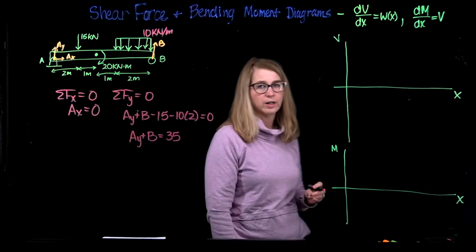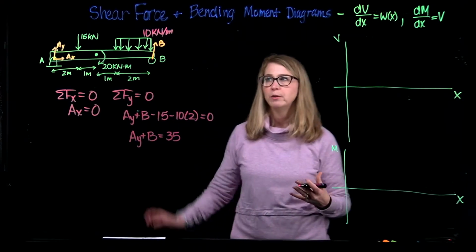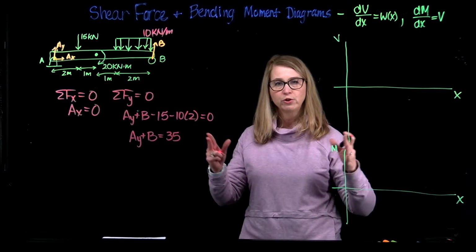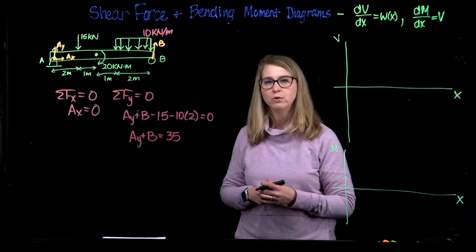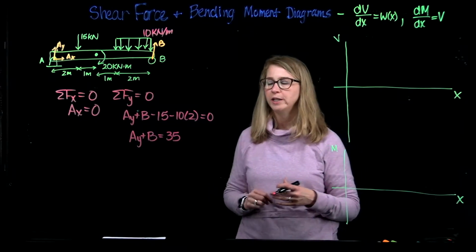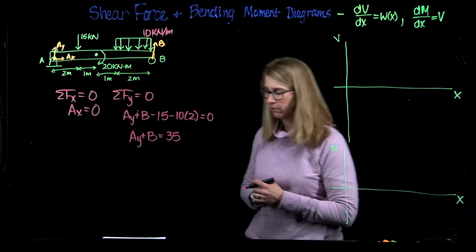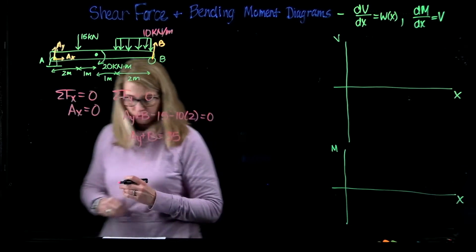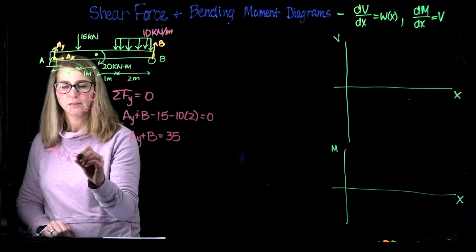So in the Y direction, we had AY and B. We also had the 15 kilonewton load, and then we had the 2 meter stretch where we had a 10 kilonewton per meter distributed load. So the area of that would be 10 times 2, which is 20. So we find that AY plus B will be equal to 35. So if we do the moments about point A,